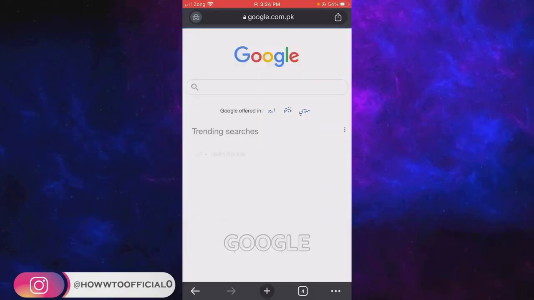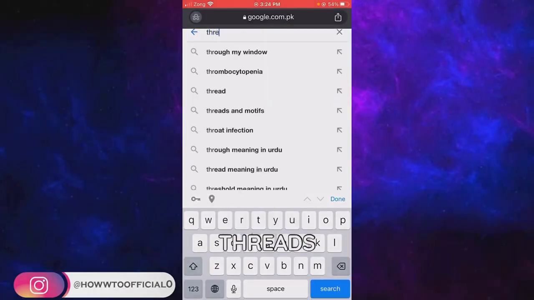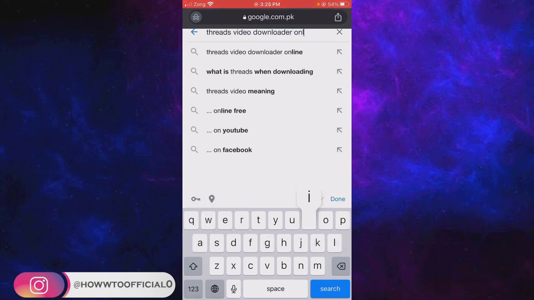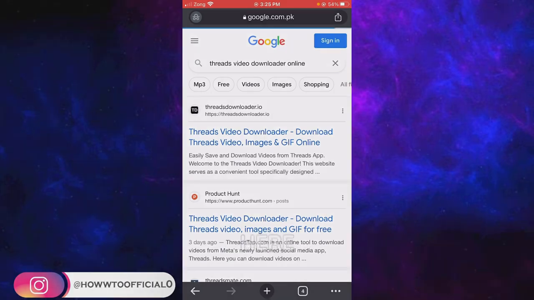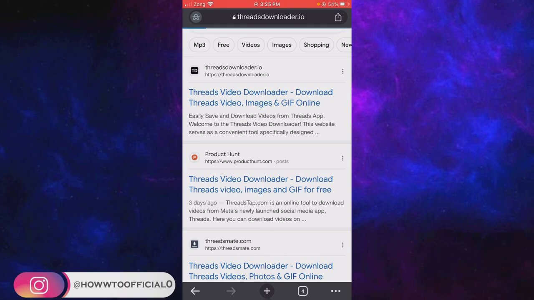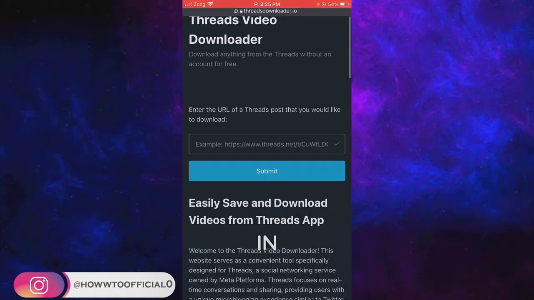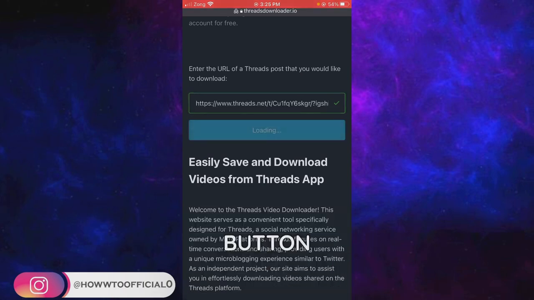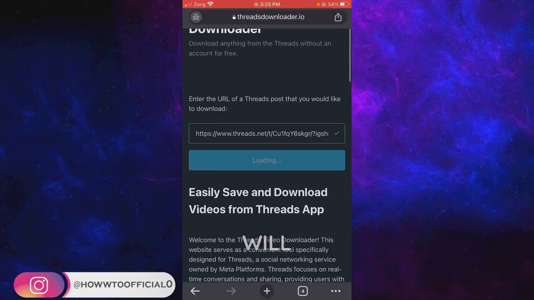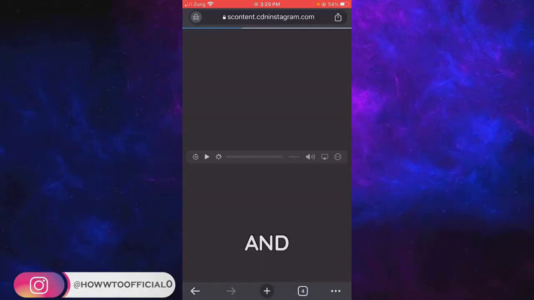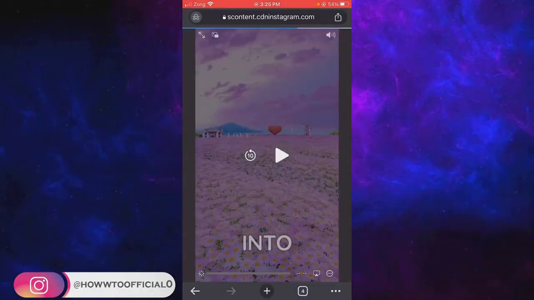And after that go to Google and type in here Threads video downloader online and hit the search button. And here different sites will appear. You can open any of the websites from here. For example, if I go with the very first website, here in this box you have to paste the link that we have just copied of the video. After pasting the link, just press the submit button, and after that the video will be fetched from Threads, and from here you can just press the download button and it will be saved or downloaded into your gallery